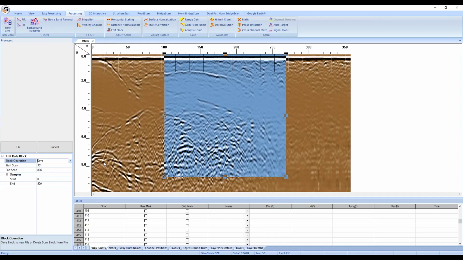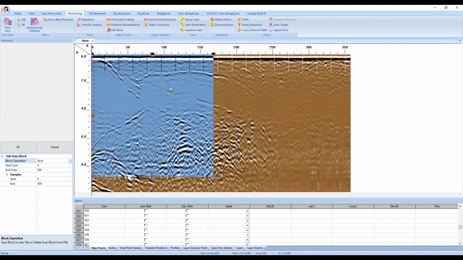I'm going to show you one way to do it as well. There's an additional thing that you can do when it comes to editing files. And while we're going to use the edit block to do it, it uses some other function. So I'm just going to ask that you follow along with me here. And it'll make sense why we're doing this after the fact. The first thing that I want you to do is move the box all the way over to the left. And I want you to